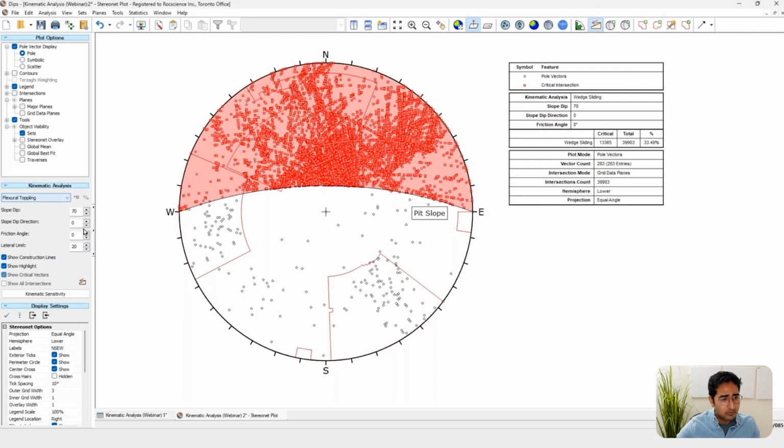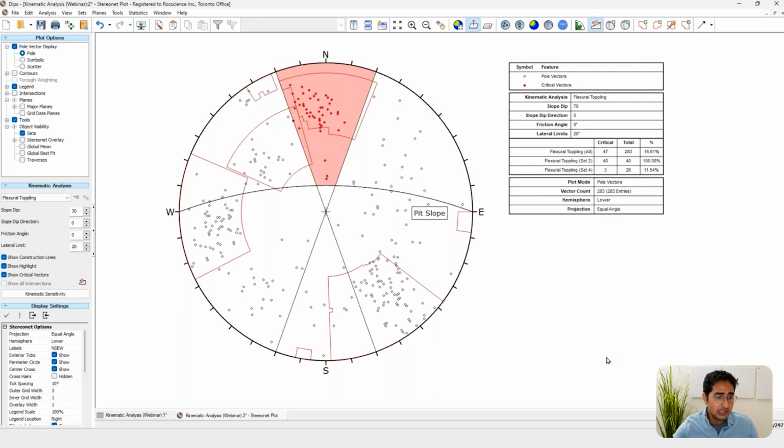Finally, because of the large data set that we're dealing with, we've noticed earlier from the planar analysis that there were a couple of poles on the other side of the slope, and those are typically indicative of anti-dip joints, which can form toppling failures. And as we can see from this kinematic analysis, out of the 283 toppling blocks which could form, about 47 is deemed critical. And now that we know that there is a certain propensity for failure, this is where RocSlope2